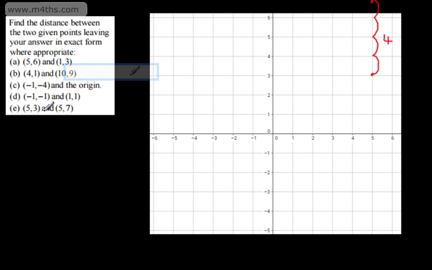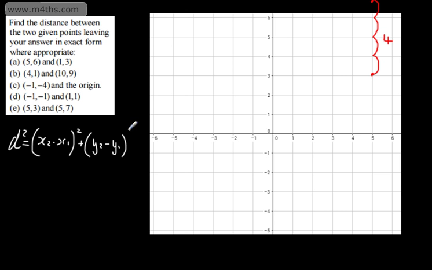Now let's say you did not spot that. Let's go for d squared is going to be x2 minus x1 all squared, the difference in the x coordinates, plus y2 minus y1 all squared. So the distance squared is going to be equal to, well, 5 minus 5, that's the change in the x coordinates all squared. And then you can do this either way around. You can do 7 minus 3 or 3 minus 7, as these two numbers are the same. I'm just going to do 3 minus 7,